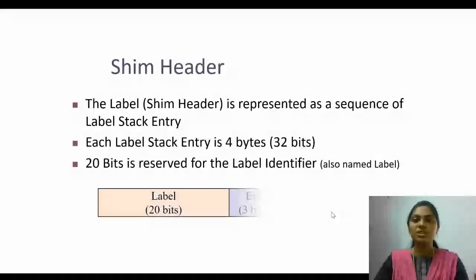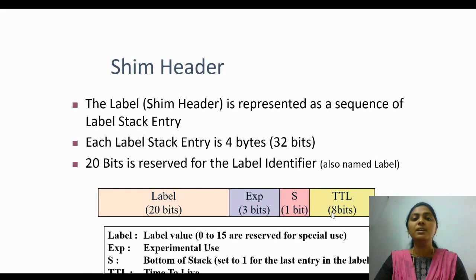So what is a shim header? The shim header has these entries: label, experimental bits, S bit, and TTL. In the previous slides, we have seen label 6 used and 15 used. So there are some values available. The label value can be between 0 and 15. So total